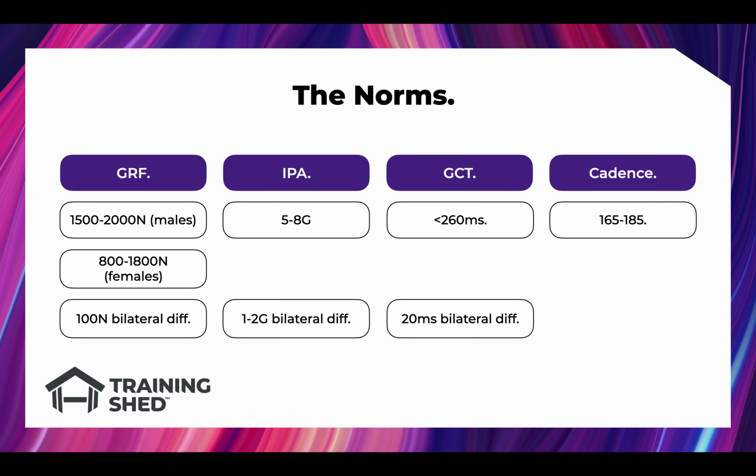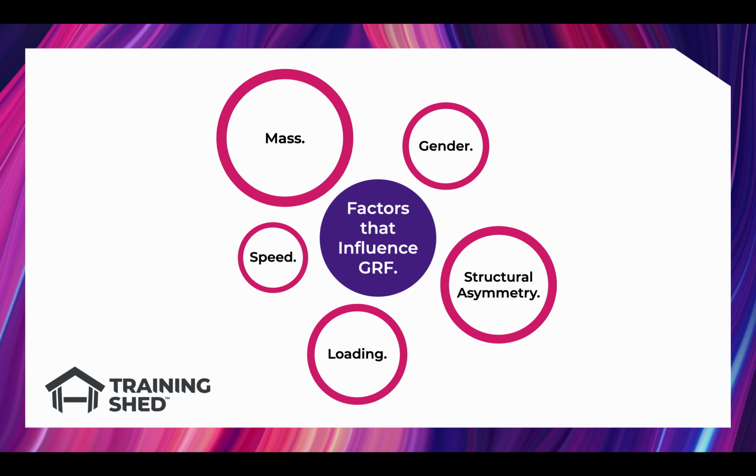So we're now going to look at some of the factors that might influence these. So ground reaction force, will come back around to the start. The big factor here is going to be mass. The higher someone's body mass is, the likelihood is their ground reaction force is going to be higher. So it might well be that when we are looking at someone running, and we might want to start making some changes, if their ground reaction force is high, say over 3,000 newtons, but their body mass itself is quite high,